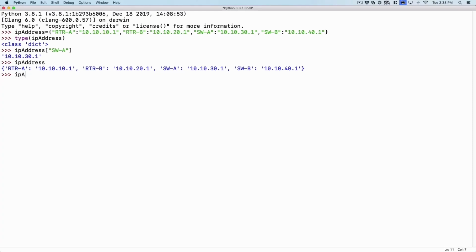I could add a value to my dictionary this way. I could say IP address, and let's say that I wanted to add a key of router C. So in straight brackets, notice I'm not saying equals. I'm not trying to recreate the variable. I'm just adding on to it. So there's no equal sign, and I'm using straight brackets. I'll say open straight brackets, and then I'll give the key, in quotes, because it's a string, of